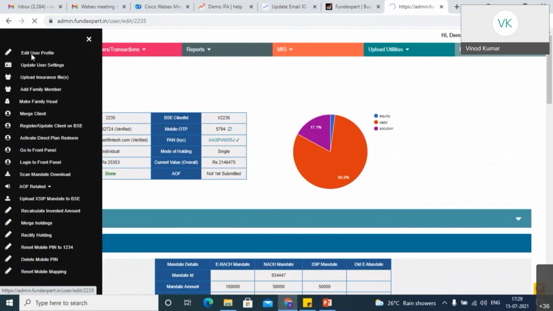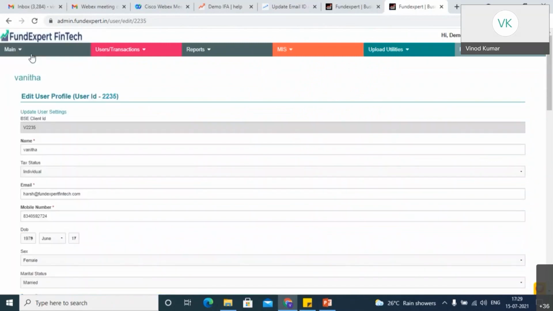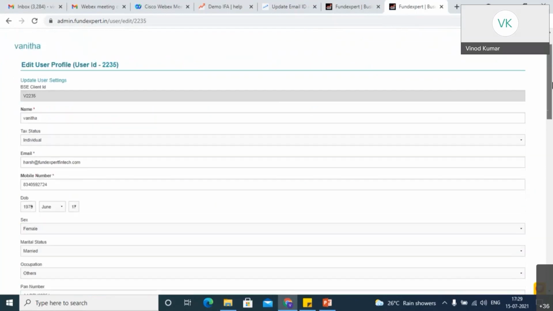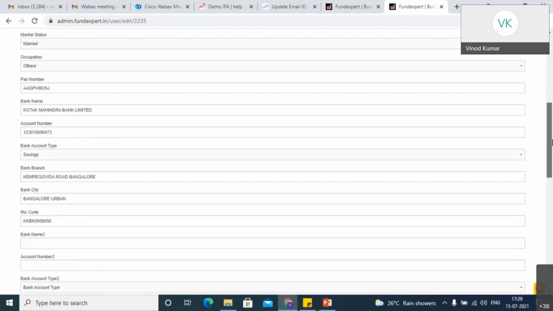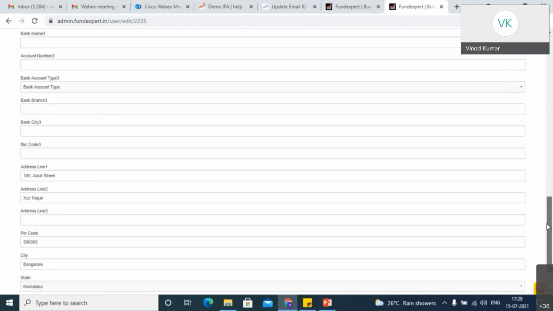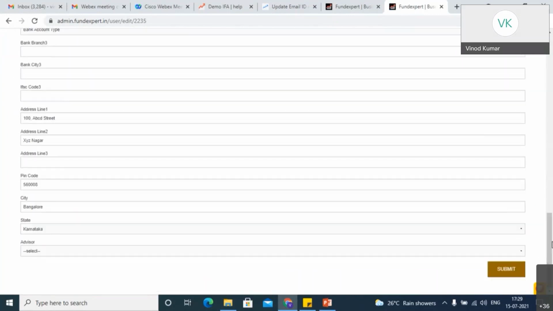If you want to edit the email ID, or update the mobile number of that particular client, or the date of birth has changed, any update you want to do, you don't have to always go to the front end and do the profile complete OTP verification. You can directly come here, edit the profile, edit the details here, address or anything, and then give submit.